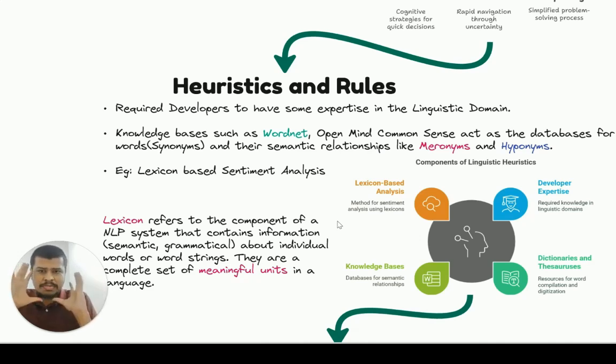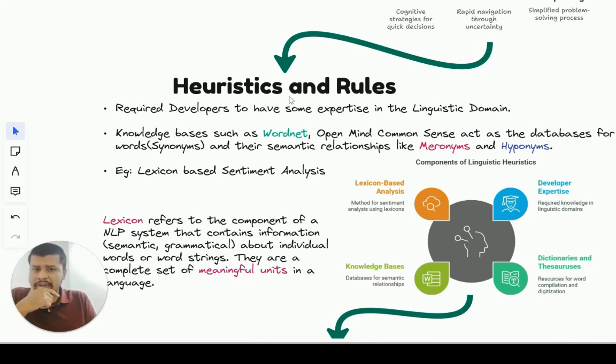But if you see a knowledge base, they came up with a concept where you can even capture the relationship between the words. A word and another word, how are these two words actually linked? They link them using an edge with a particular relationship, right? Those could be meaningful relationships, and some examples of such relationships are meronyms and hyponyms. I will be discussing in brief what these meronyms and hyponyms are in the next section. For now, just understand this.